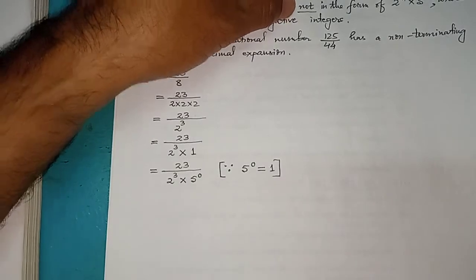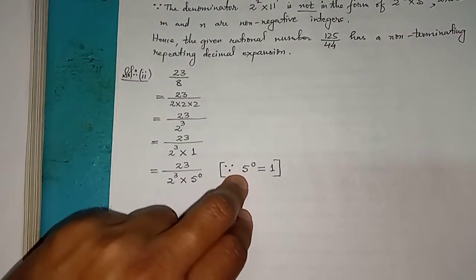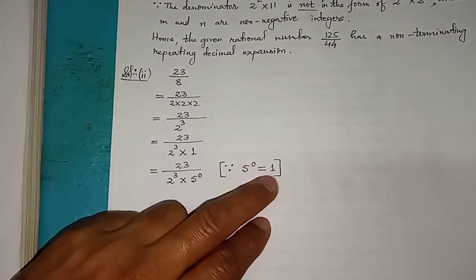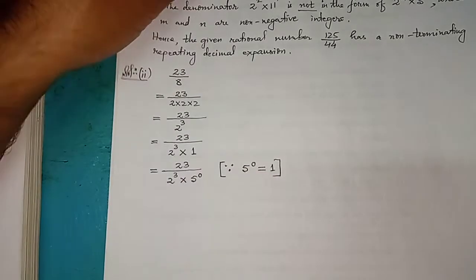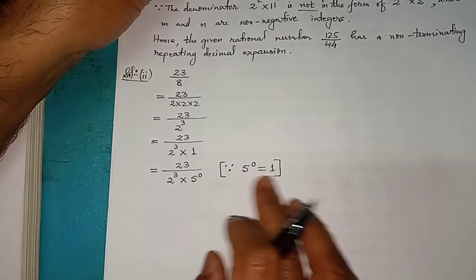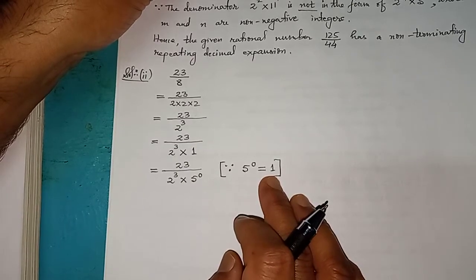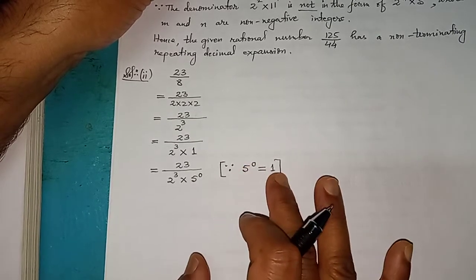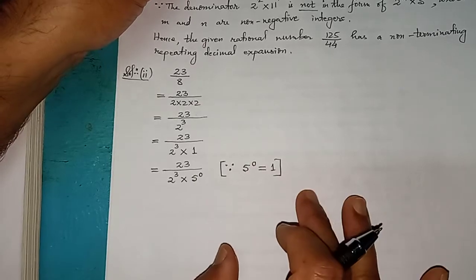Keep in mind that any number having power 0, its value is always equal to 1. Maybe I can show you in some other video why any number raised to power 0 has value 1. But at present, you just remember that